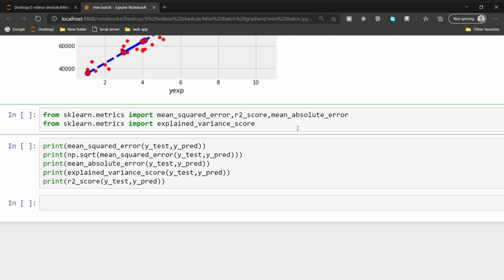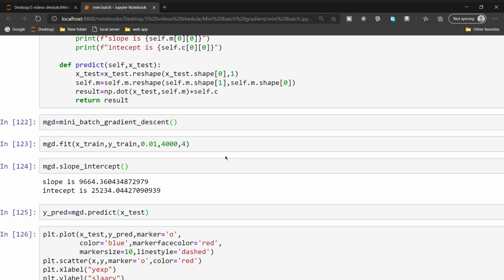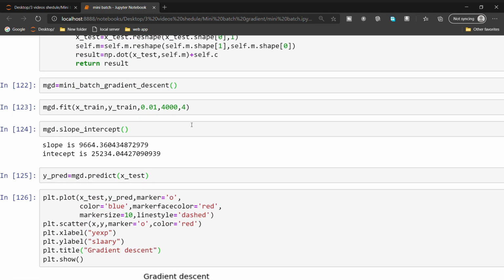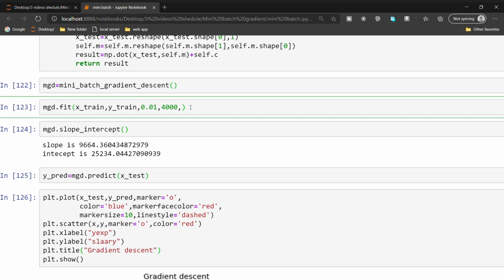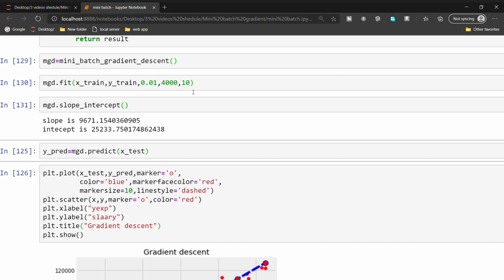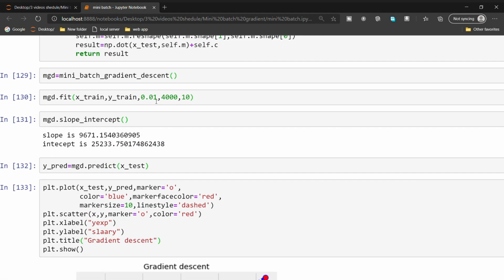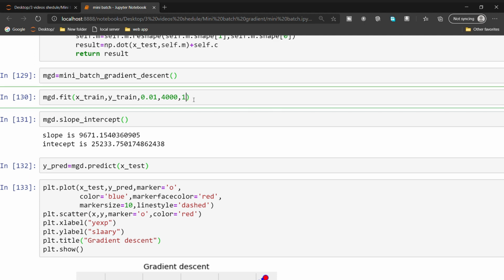Now finally let's check our accuracy also. We got nearly 96% accuracy. Okay, let's change the batch size also. Let's keep it at batch size 10. It is also working well. If we keep the batch size at 1, it becomes stochastic gradient descent.